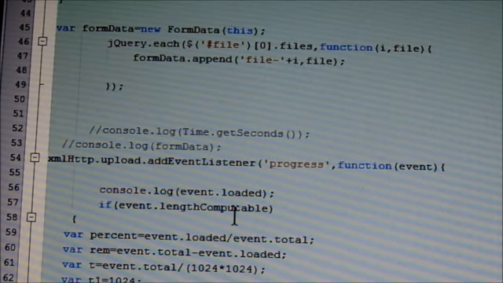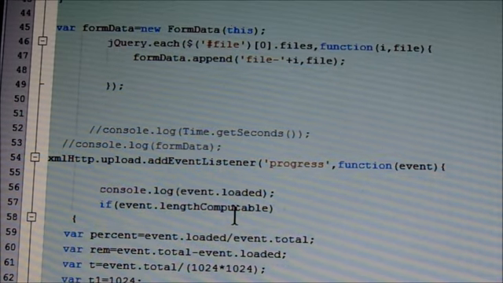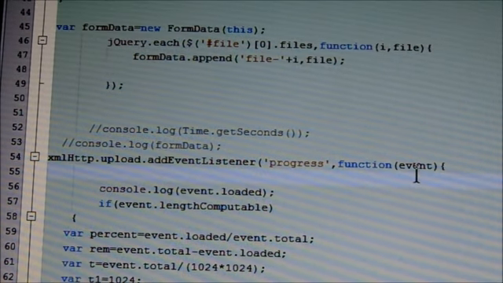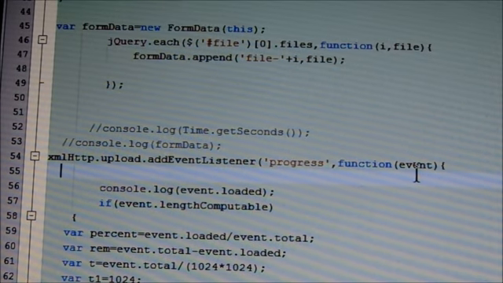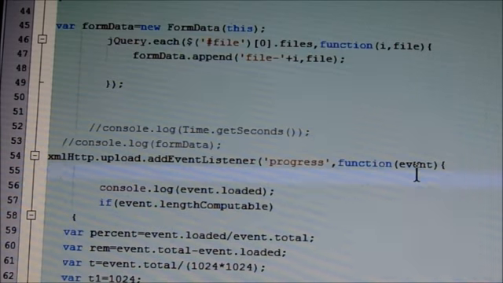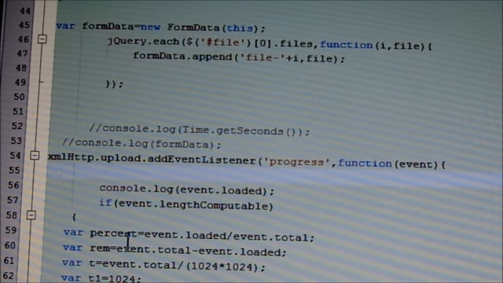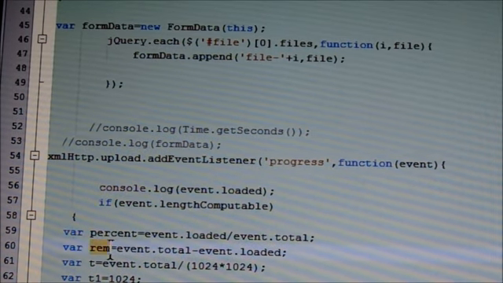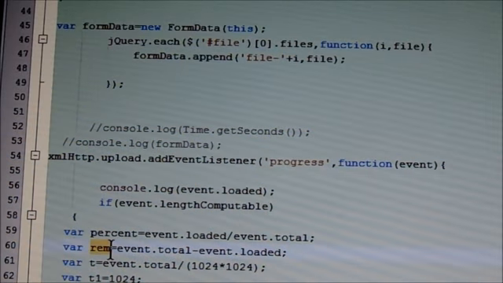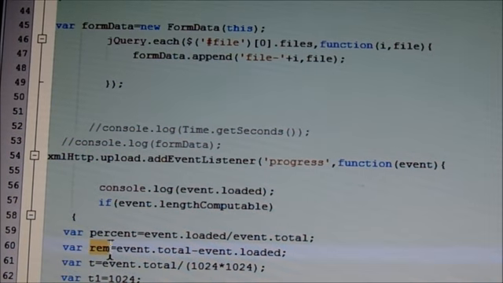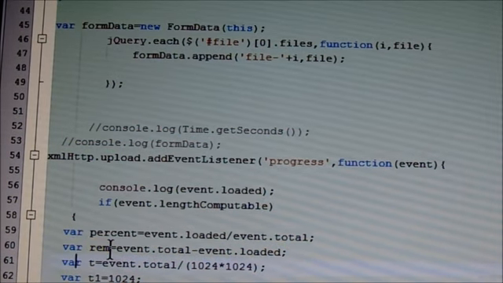Here we write if event.lengthComputable. Here event is passed by the user, and if it is computable, then we calculate the percentage of this, and the remainder of your file being uploaded, and then calculate t, which defines your file size in MB or KB.